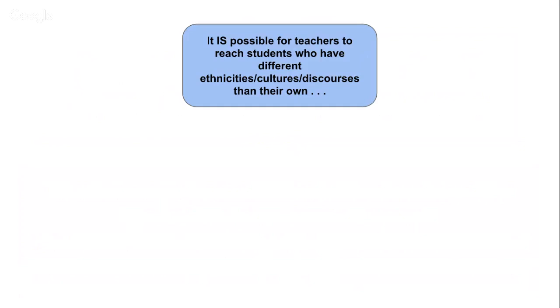race of their teachers. The teachers in this study were all experienced and master teachers, though, so it's safe to say that in order for students to feel this way about teachers who do not come from the same background as them, the teacher has to be conscious about how they act and how they treat their students. So it is possible for teachers to reach students who have different ethnicities, cultures, discourses than their own, but there are some stipulations. So first,